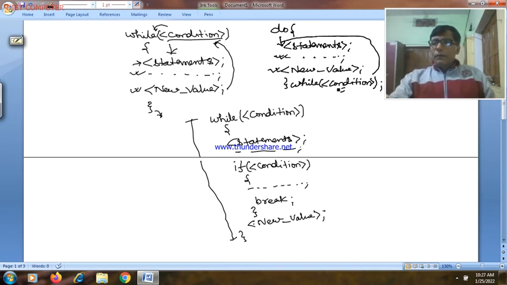If the condition evaluates as false, the flow of execution is transferred outside the do while loop body. When you use a break statement inside a do while loop, the do while loop syntax appears